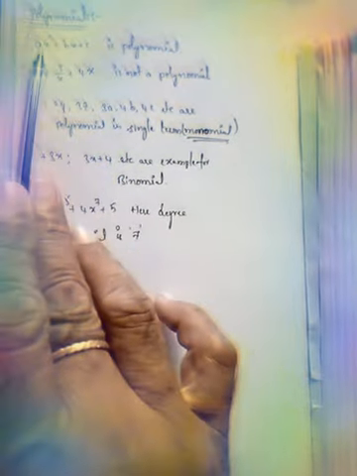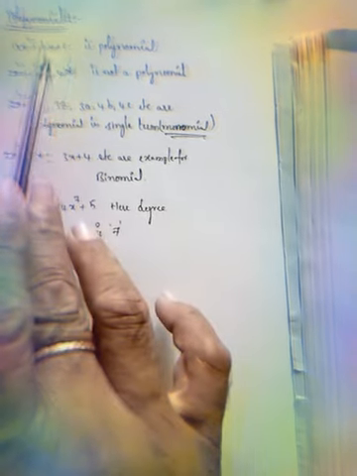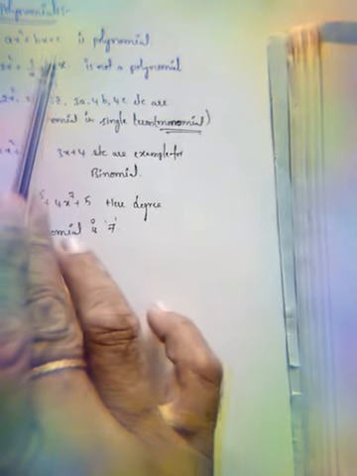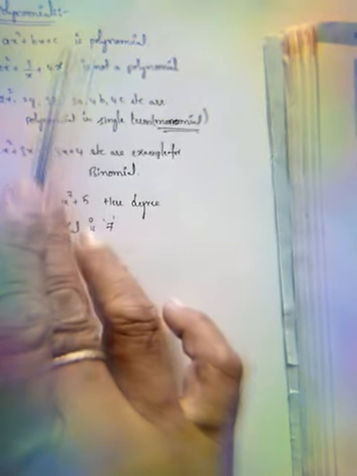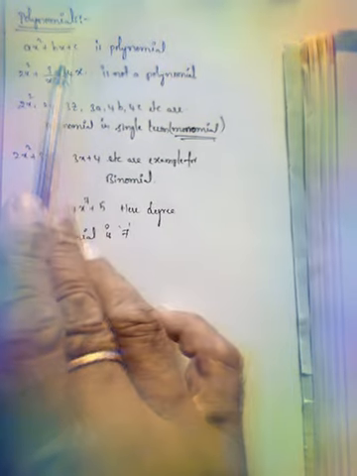Here, the standard form of the quadratic polynomial is ax square plus bx plus c. If the power is 2, it is called a quadratic polynomial. Power is 1, it is a linear polynomial. Power is 3, cubic polynomial. Power is 4, biquadratic polynomial. And like that we will continue. Now here ax square plus bx plus c is a polynomial of standard form in variable x.